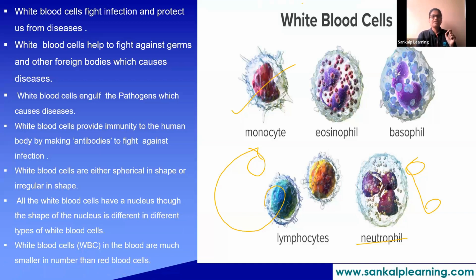Okay, write down regarding WBCs. I will mark the points. Put the heading white blood cells dash WBCs. Then you put regarding